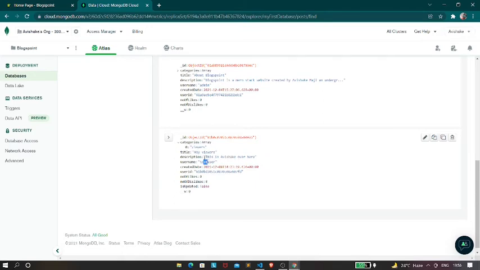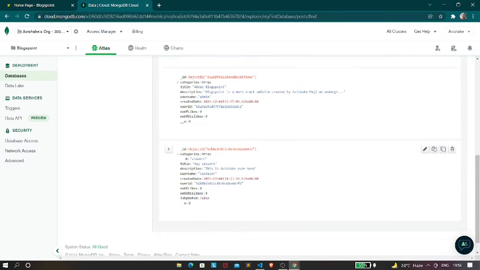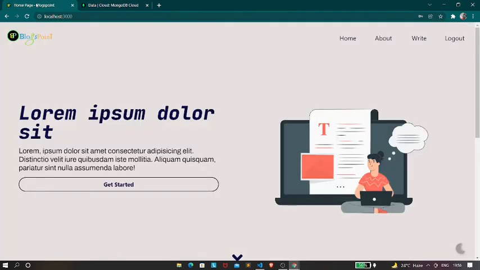Next we have a test user as the username. Next we have user ID, and number of likes is currently 0, number of dislikes is also currently 0. The is updated field over here is currently false.